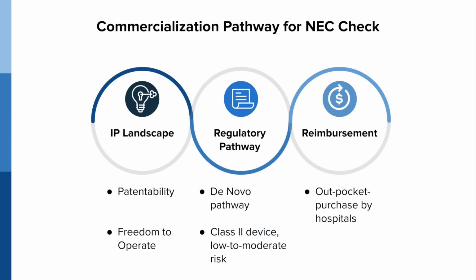The path to commercialization for a medical device requires 3 considerations: intellectual property, regulatory requirements, and reimbursement strategies. As our solution is novel, useful, and non-obvious, we will be obtaining patent protection and have freedom to operate as well. For our regulatory pathway, we will be pursuing a de novo reclassification for our device. Since it will be indicated as a low to moderate risk device, the de novo will classify our solution as a Class 2 FDA-cleared device requiring a 2-year clinical study to generate evidence of safety and effectiveness in the target